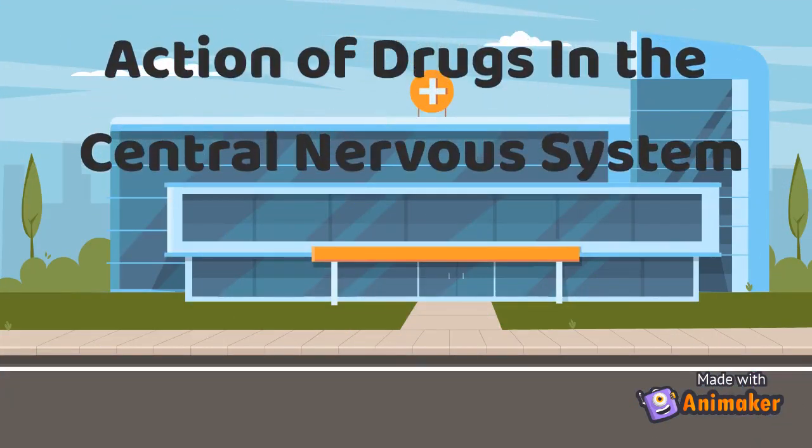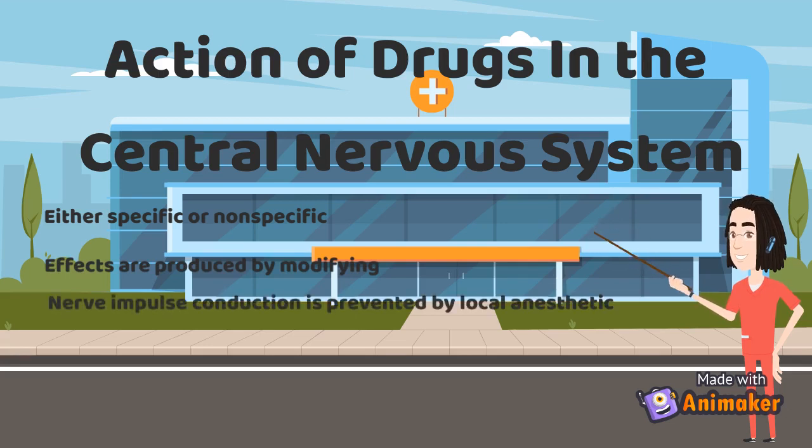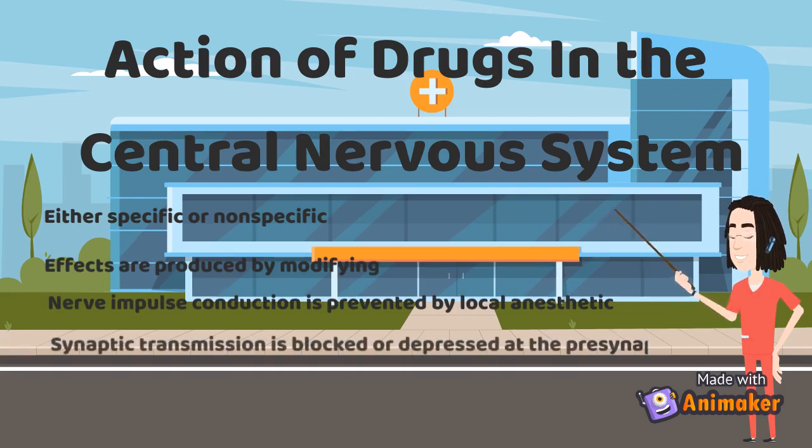Action of drugs in the central nervous system. Drug action in the central nervous system may be specific or nonspecific. Specific effects are produced by modifying some steps or mechanism in the chemical synaptic transmission of nerve impulses. Nerve impulse conduction can be prevented by applying local anesthetic to the nerve fiber. Synaptic transmission can be blocked or depressed at the presynaptic site by halting transmitter synthesis or storage. Other drugs increase the release of transmitters, or may affect the reuptake or the degradation of transmitters once they are released